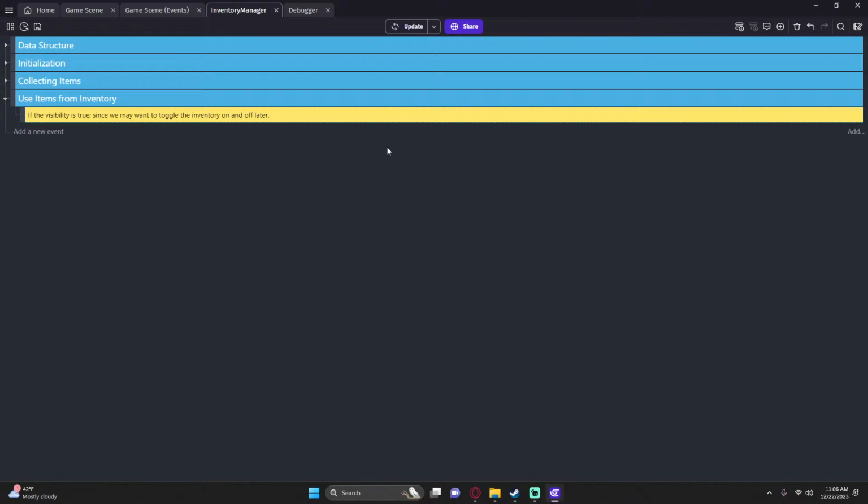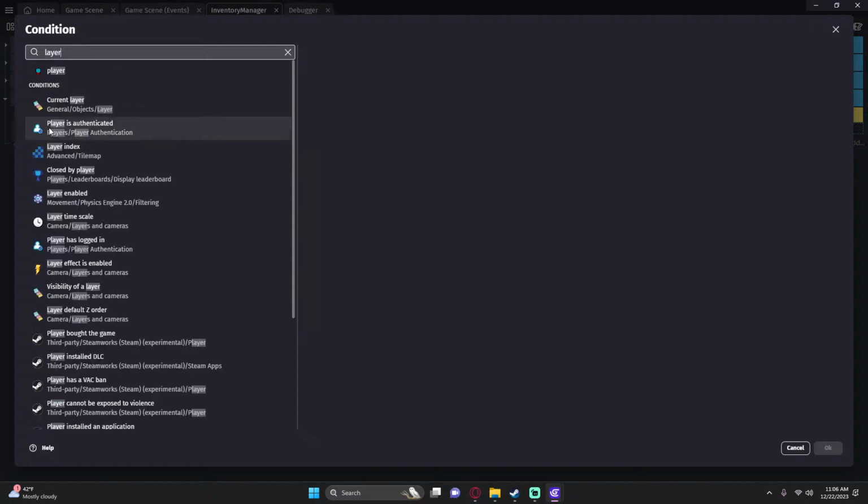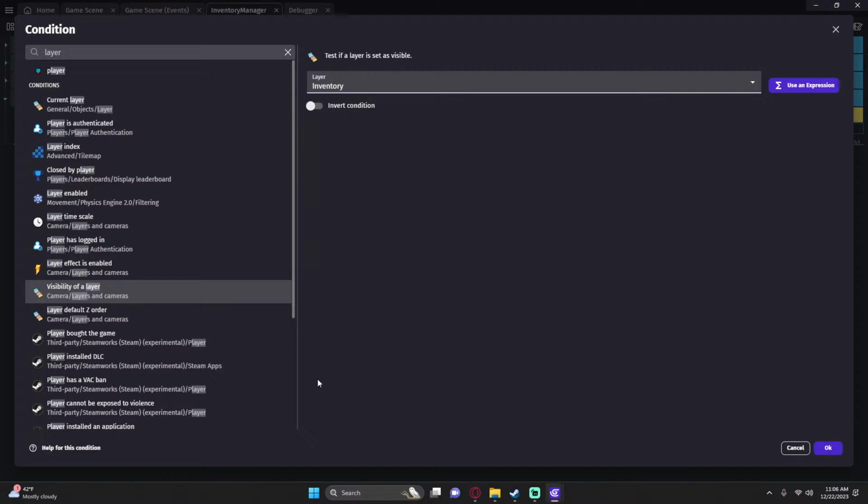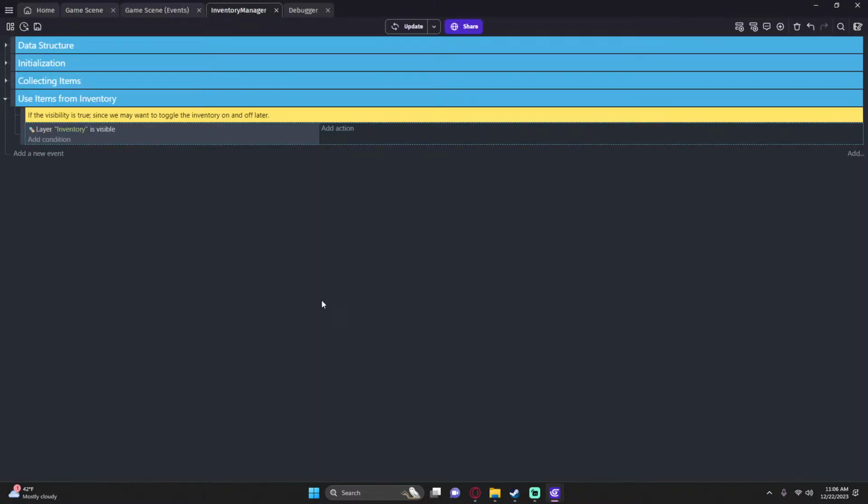So only do this while that's true. So here we go. So this is the foundation of everything. So if the visibility of the inventory layer is true, if it is visible,